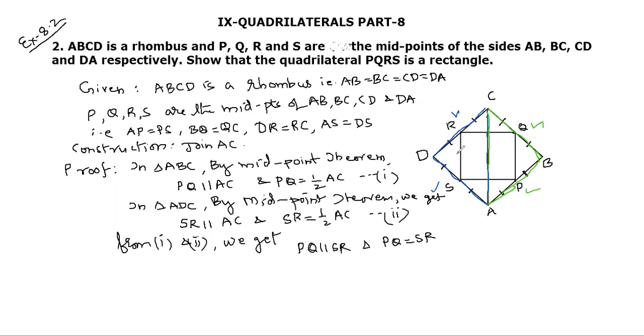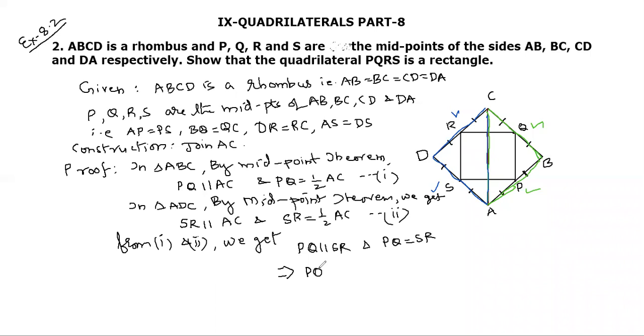PQ is parallel to AC and SR is parallel to AC. So two lines parallel to the same line are parallel to each other. And this is also equal to half AC. This is also equal to half AC. Therefore, they are equal. So if one pair is parallel and equal, this implies that, from this result, we get that